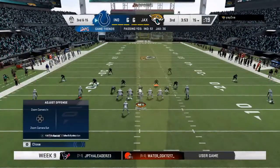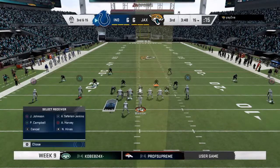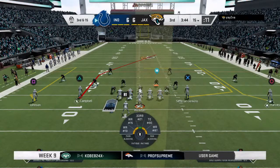Ready? Blue 8. Mark 56. You gonna get this going? You think you gonna get this? You think you gonna get 5 on the 50? 5 on the 50. 5 on the